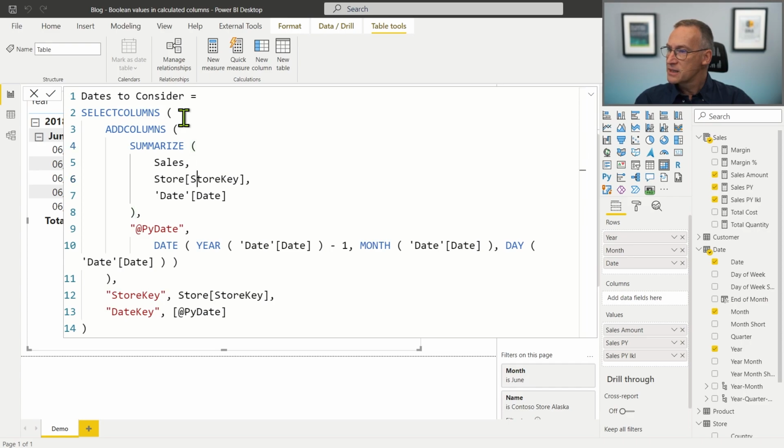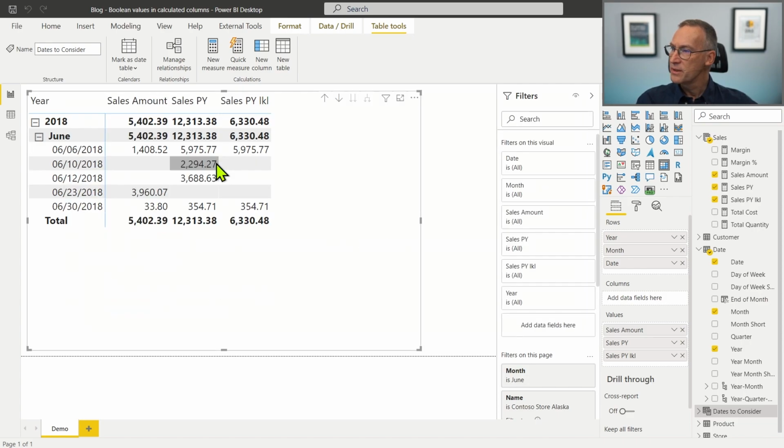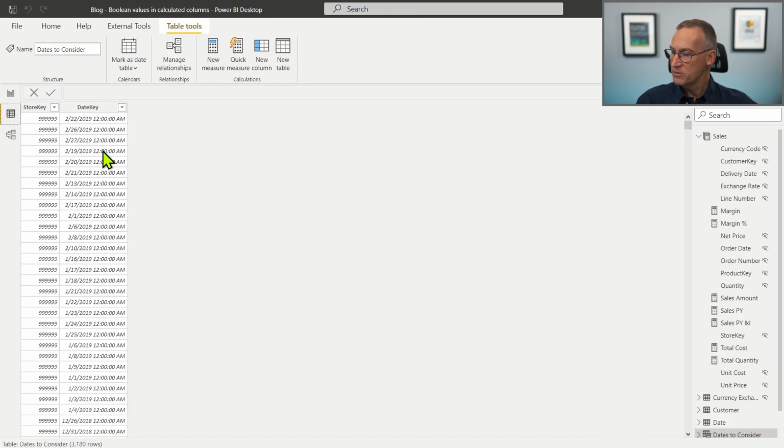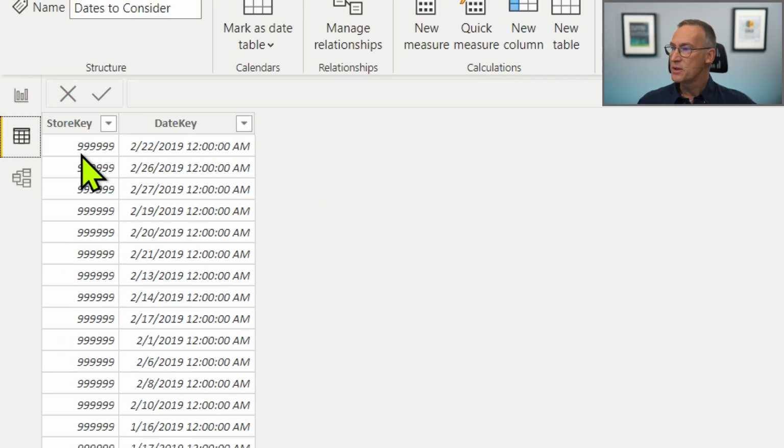And that contains a summarized sales by store key and date, previous year date, and then store key and date key. That should be it. We create the table. Let's see whether the table is there. And it is. We have now a table that contains the store and the date, only for the dates that